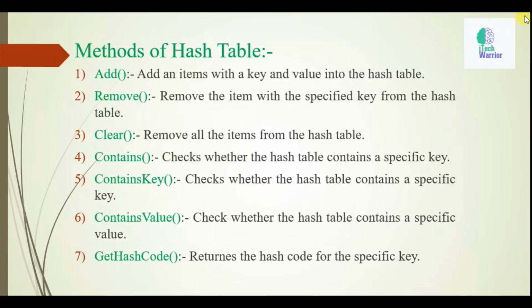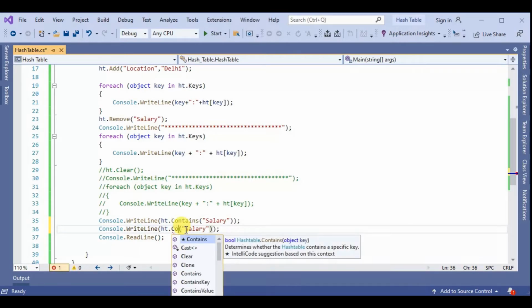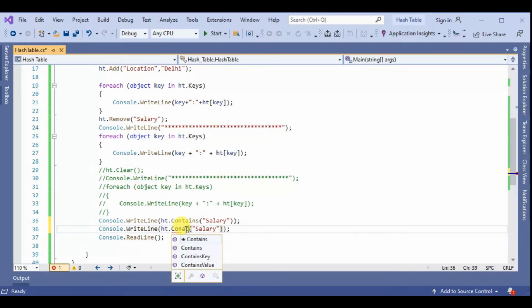So this is the contains method. And the contains key method works the same as contains. Copy, paste, contains key.